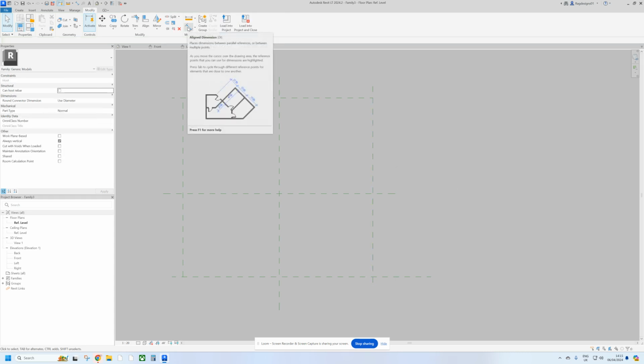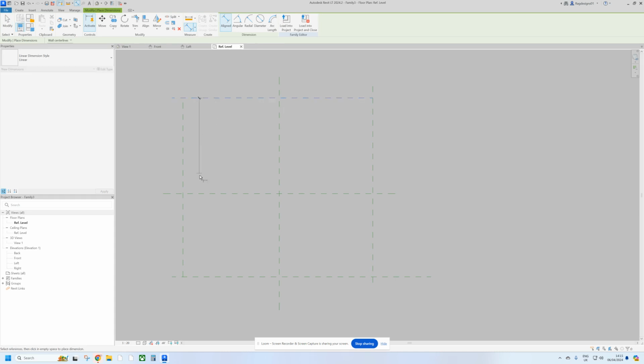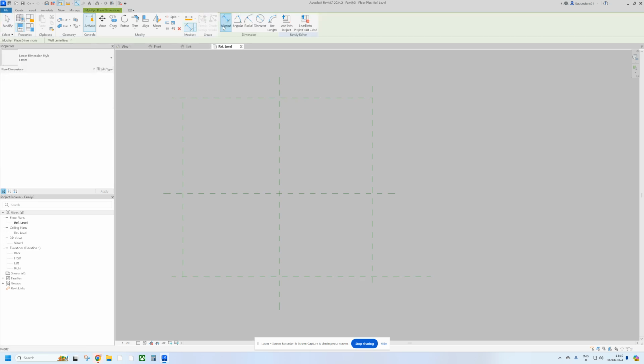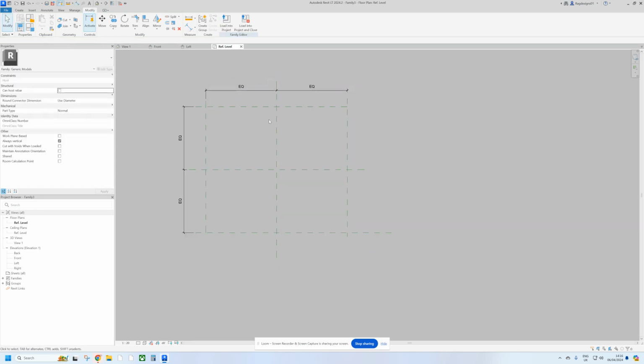And then what we're going to do is add in an equal reference dimension to that. So if you go up to the measurement here, line dimension, click the top, click the middle, click the bottom, and then click this EQ shape, and you'll see that moves those reference planes. And the same again, click on the left, click on the center, and click on the right hand side, and then click equals. And then you'll see that helps control and keep everything nicely constrained